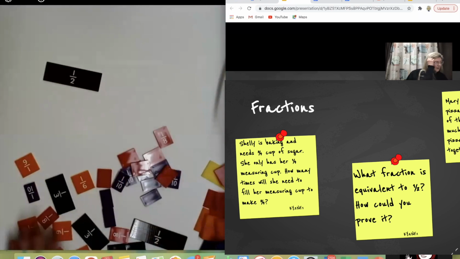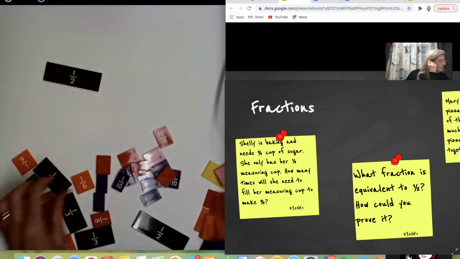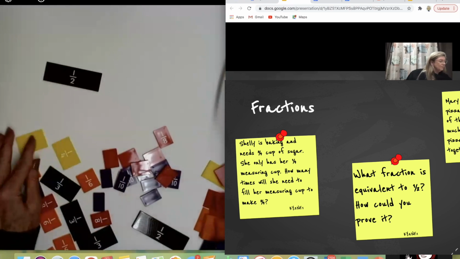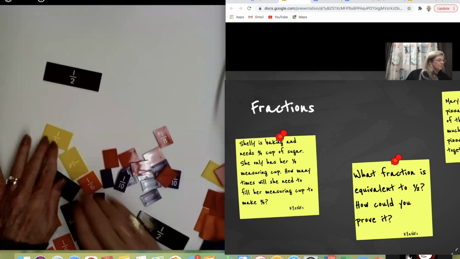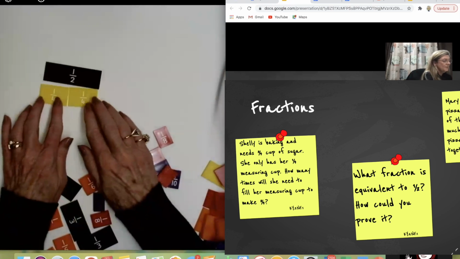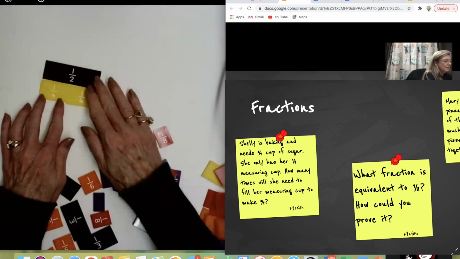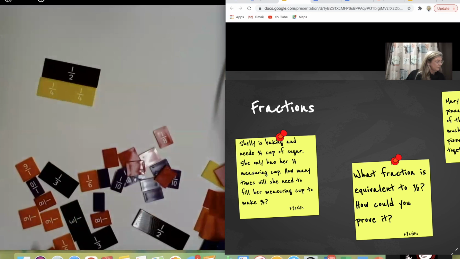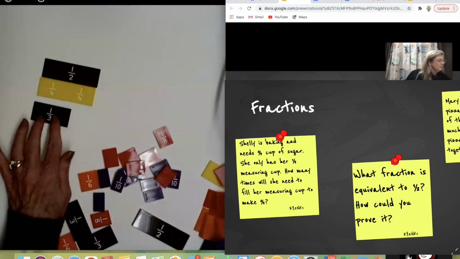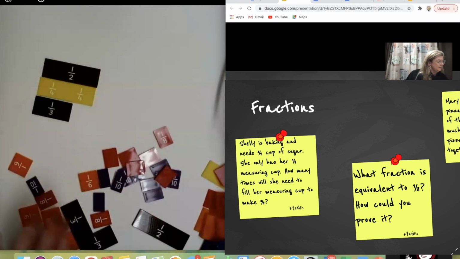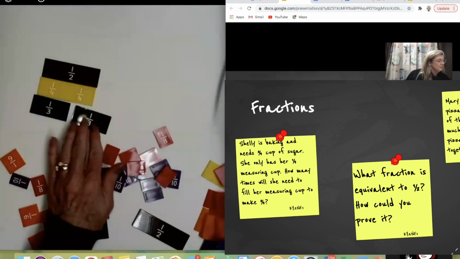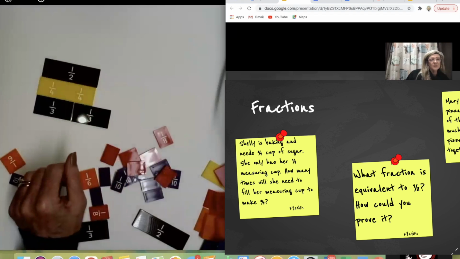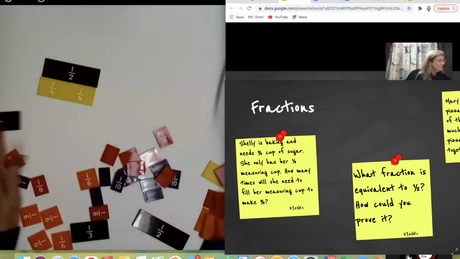So we could think about, okay, what could we use? What else could we use here? All right. So let's think about 4ths. So let's build with 4ths. How many 4ths does it take to equal 1/2? Well, it takes 2 4ths to equal 1/2. I wonder if we could do 3rds so they can experiment and look and see. It's really important for them to see non-examples as well as examples. Well, that one won't work.